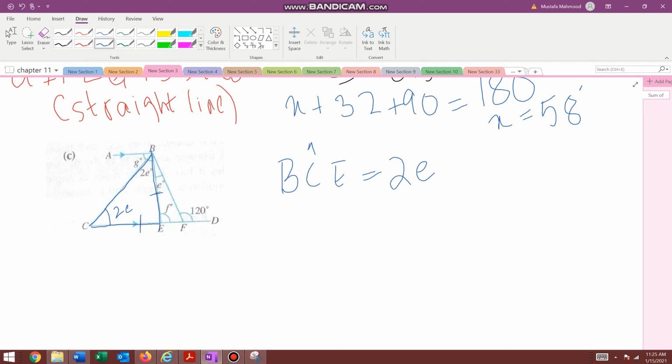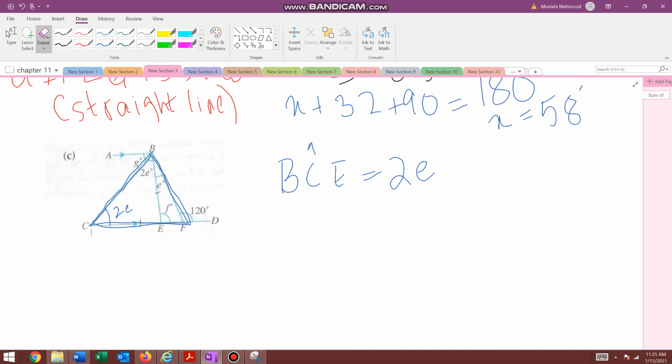Now to find out the value of 2E, हमें सिर्फ एक angle given है, which is 120 degrees, which is actually an exterior angle. Now this exterior angle is exterior to this small little triangle which has E and F inside. उसका भी exterior है, और बड़ा triangle, the triangle BCF, उसके भी exterior है. So पहले हम इसको BCF में use कर लेते हैं. ठीक है? So it is exterior to that, and an exterior angle is equal to the sum of opposite interior angles. Right now we are going to ignore this line BE in the middle because हम बाहर वाले triangle को देख रहे हैं, इस वाले को.